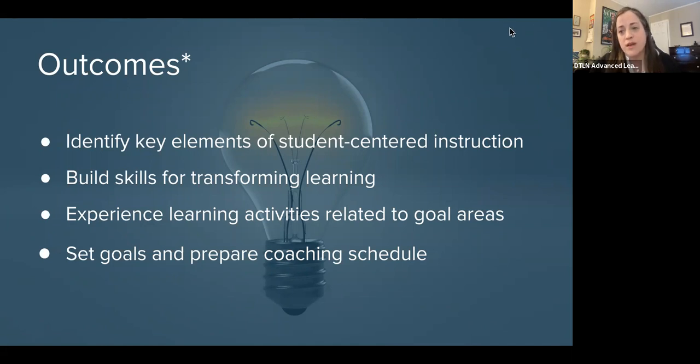So part of the Dell Educator certification process is setting your own personal goal and then getting coached. You work with me as your coach, and we go through that process, and I help support you to achieve the goal that you set. And so it'll be interesting this summer because, for most of us, we're not necessarily in our buildings, but we're still gonna work on that and be able to show some growth throughout this process.